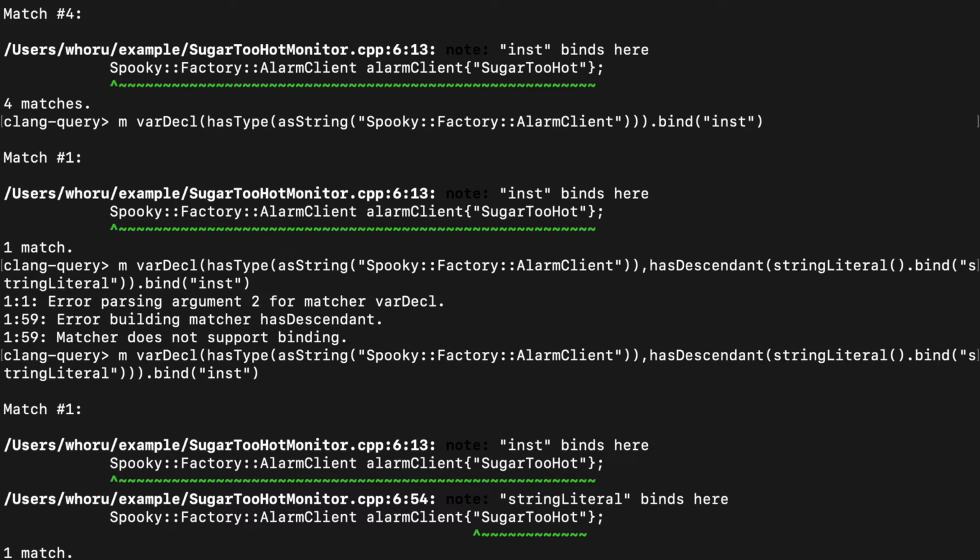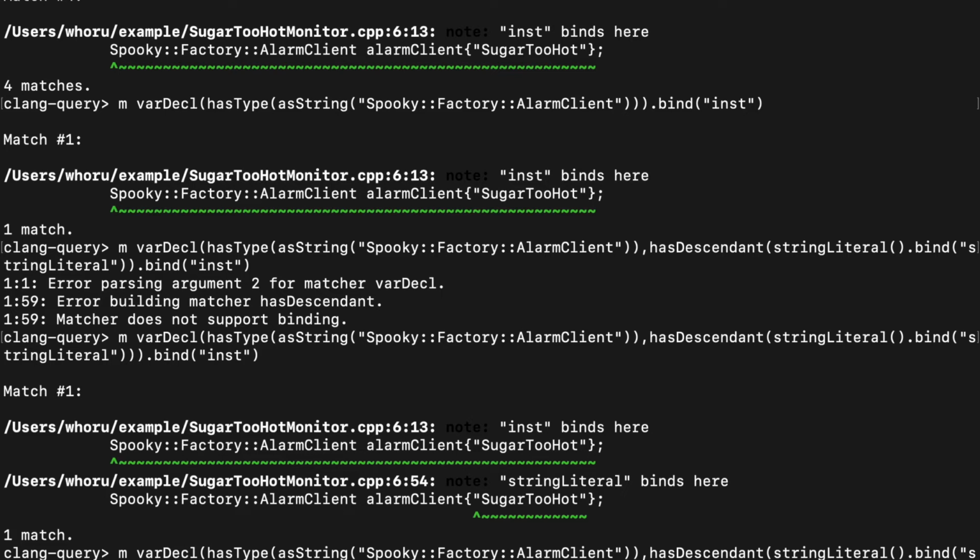But what if, for instance, we had multiple functions in this monitor, and each function used a local variable called alarm client? We don't have a way to fully qualify what alarm client we're looking at. And so to add that piece of information to the work that we're doing, we're going to add one more matcher. And so we have a has descendant because we went down into the instantiation. And now we have to do a has ancestor to walk back up to find what method we're inside. And to do that, you can use cxx method